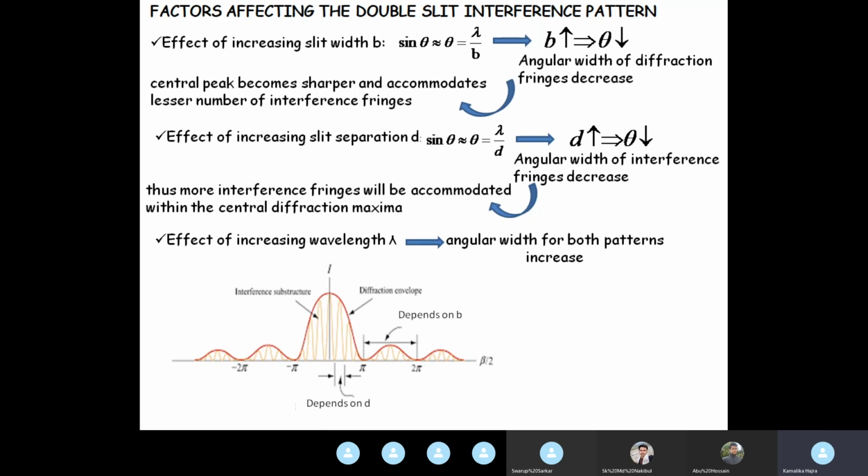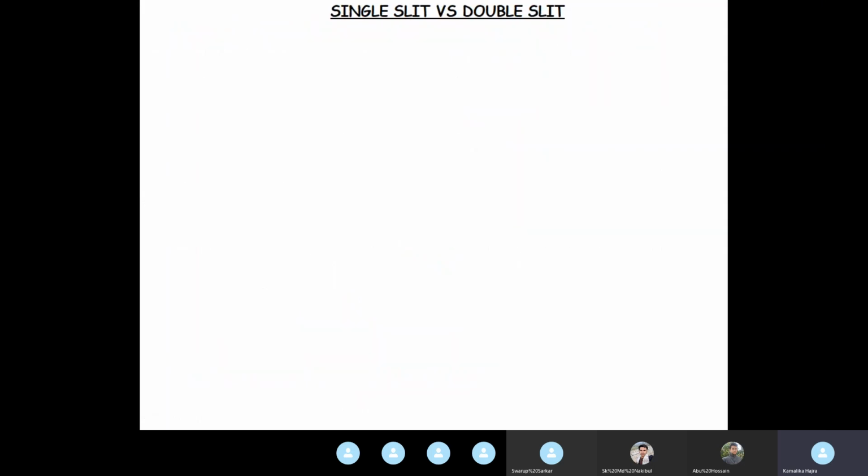And if you keep the light constant, say you are using monochromatic sodium light, then it depends on only 2 factors, B and D. So you realize that the value of B and D are the governing factors of the kind of pattern that you're going to observe in case of a double slit diffraction. This will be diffraction pattern, not interference pattern. I'll make the necessary corrections and then send you the file, okay?